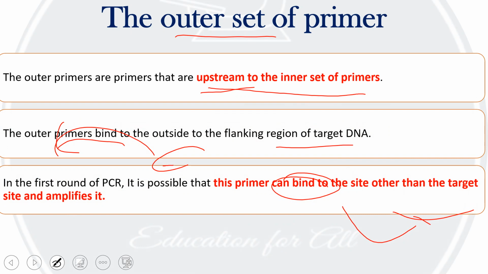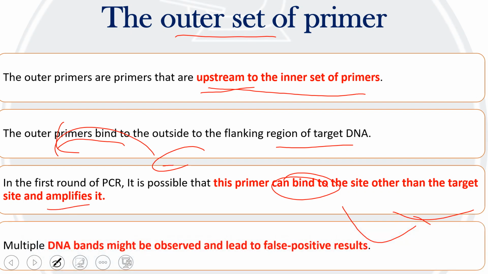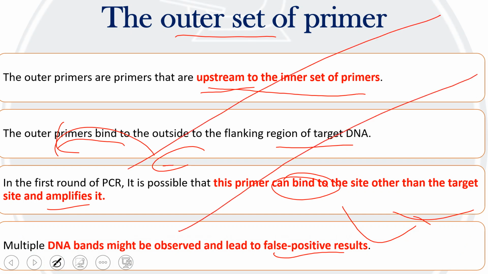In the first round of PCR, it is possible that the primer can bind somewhere outside also. Not only at the two places we are seeing here, but it can bind at 4, 5, 6, 7 places, many places, and normally amplifies them. So you may observe many DNA bands, and those are normally false positives because we don't want all those things. If this is my template DNA, and this is my target DNA, which we want in the result,